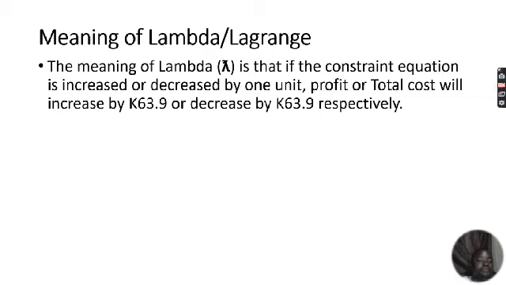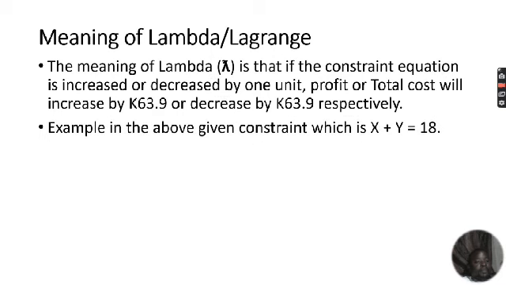If we add 1, we are going to increase the total cost by 63.9. If we reduce it by 1, we are going to decrease the total cost by 63.9. This is what I'm saying. In the example above, the given constraint is x plus y equal to 18, and the total cost was